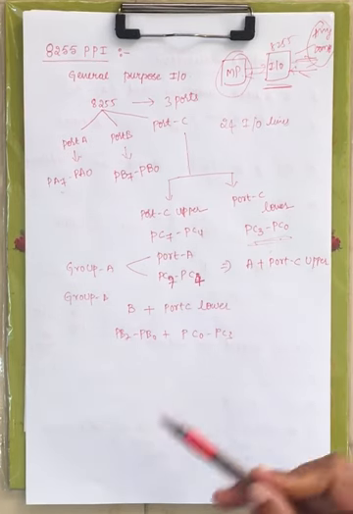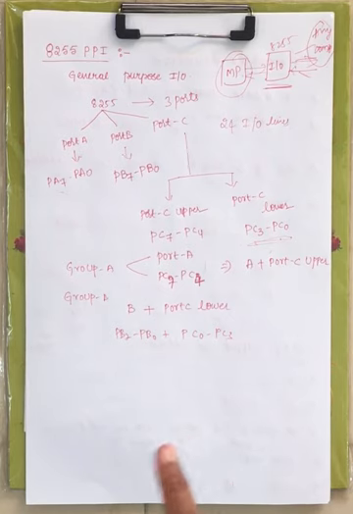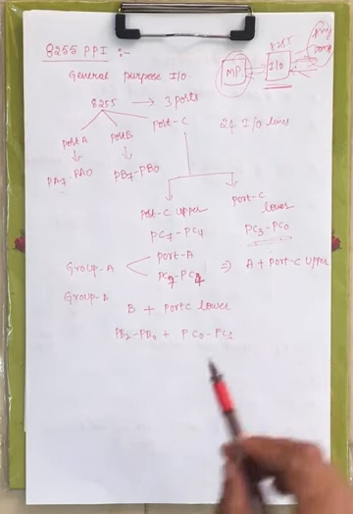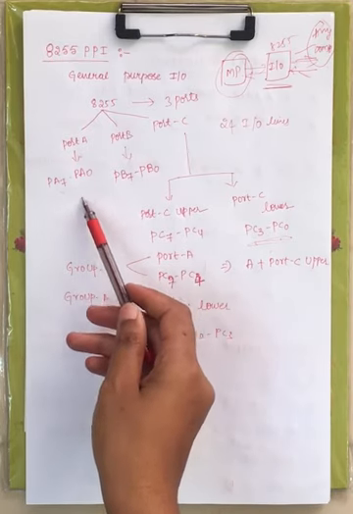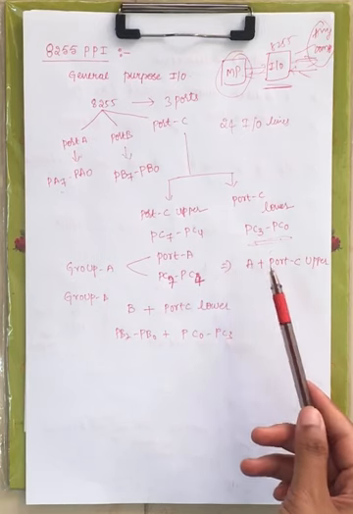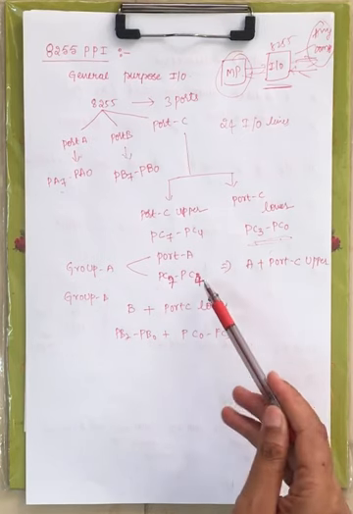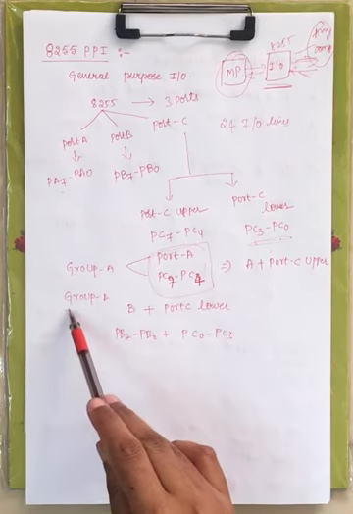Now these 24 IO lines can be divided into 2 groups, and they can be operated in 2 different groups: group A and group B. Under group A, we have port A, PA7 to PA0, plus port C upper, PC7 to PC4. These 12 IO lines are used as group A.